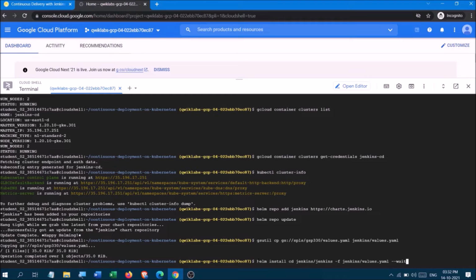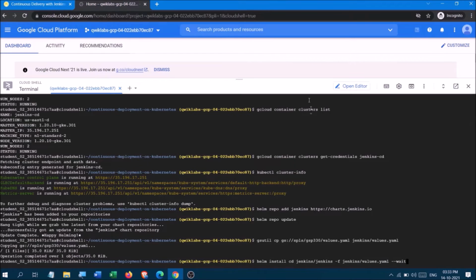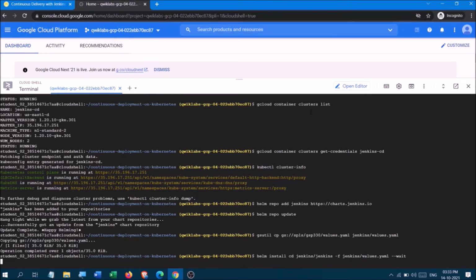Now what we are going to do is install, and go to cd jenkins. So we are going to go to the jenkins folder, and then we have to configure. Okay, so I'm configuring it.